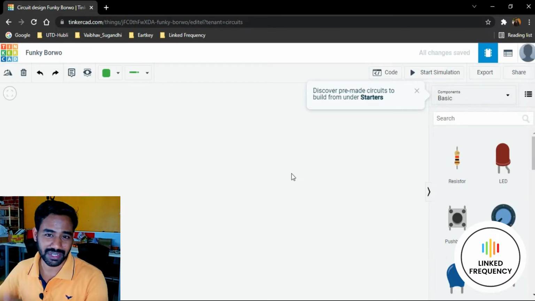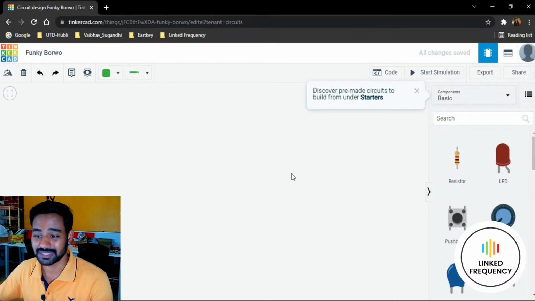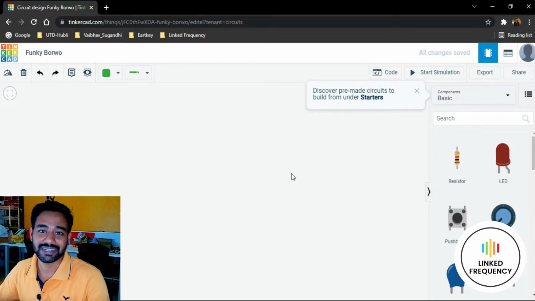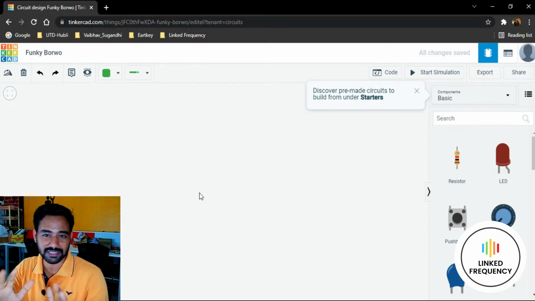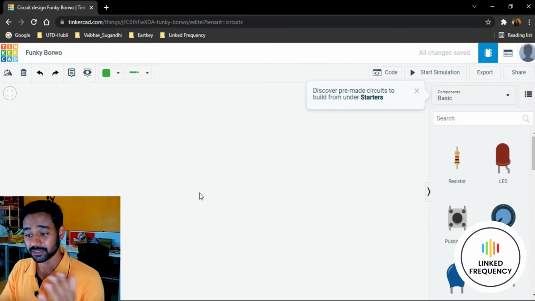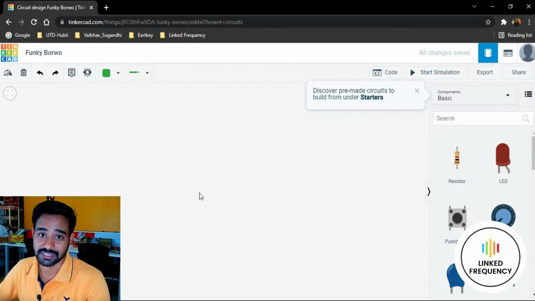This is an introductory session, so there are a lot of things to learn on this platform in coming sessions. Right now just watch it, try it by yourself, and try to create a small circuit on this platform and execute it, so that you get to know how exactly virtual components work in software called Tinkercad. Now we have a window in front of us. This is a blank window where we place all the components and organize the circuit as per the circuit diagram. I believe that you guys are aware of circuit diagrams, resistors, LED components, and that all these basics of electronics are very clear to you. So assuming those points, I'm going to build a small circuit here and show you how exactly it works in simulation mode.